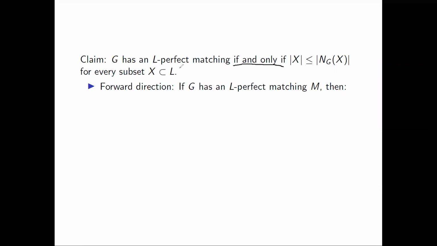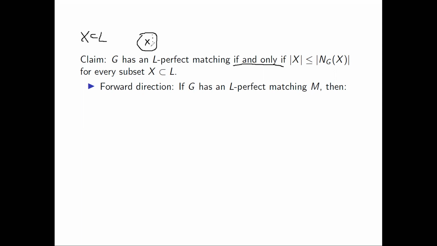if G has an L-perfect matching, then for all subsets X of the left side, we have the cardinality of X is less than or equal to the cardinality of N sub G of X. So for the forward direction, if our graph has an L-perfect matching, then we can take some L-perfect matching, we can call it M, and we can take any subset X of the left side. We can take X right here,